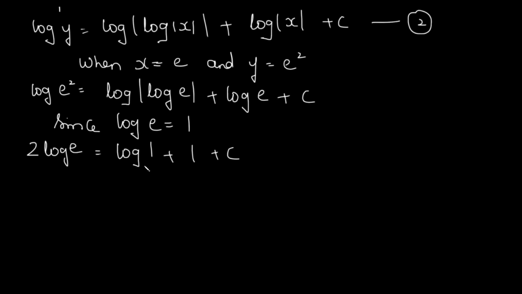Now the value for log 1 is 0. So over here again one more log e, we write it as 1. So we get 2 is equal to 0 plus 1, that is 1 plus c. Remember, log 1 is equal to 0. And therefore, c is equal to 1. So we got the answer of c as 1. Now putting this in the second equation, equation 2 becomes